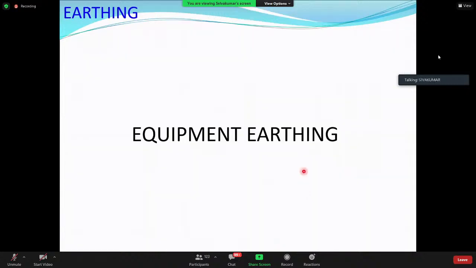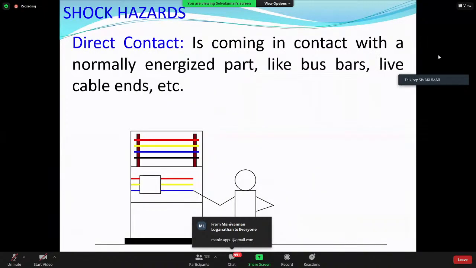Equipment earthing, as we said, has nothing to do with the current carrying conductor. It is to do with the enclosures. There are two kinds of dangers when you come in contact with electricity. Shock hazard is classified as two hazards: direct contact and indirect contact. Direct contact is